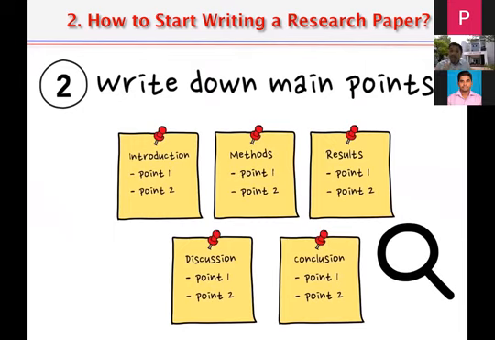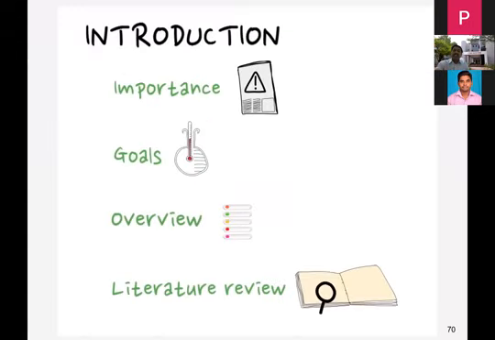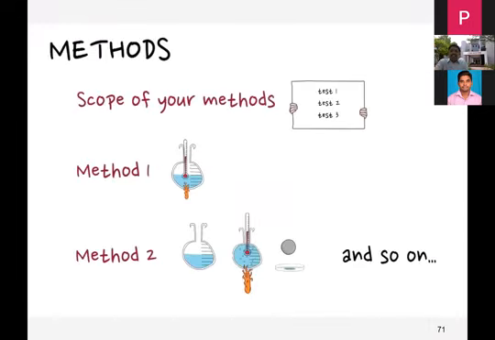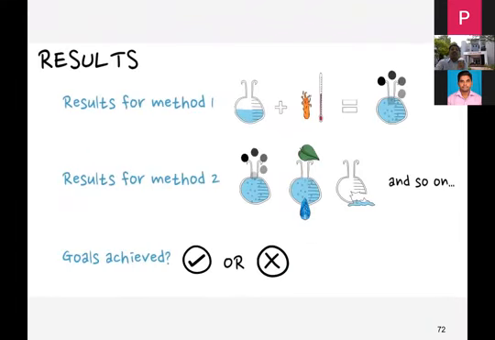Don't worry about language, don't worry about the order, don't worry about the flow, don't worry about the English. Just you should know what you want to put in your paper. And once you put all points individually for method, result, discussion, and conclusion, and write a little bit about that in your own language, without any flow, without any grammar, without any English correction, then you understand what methods you have